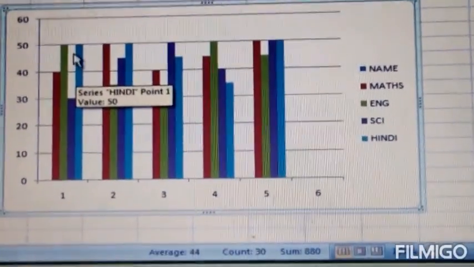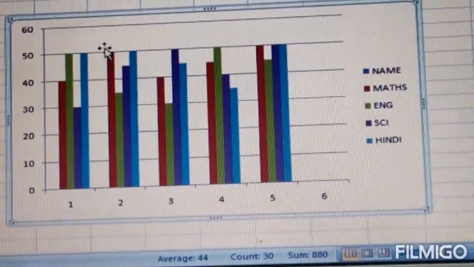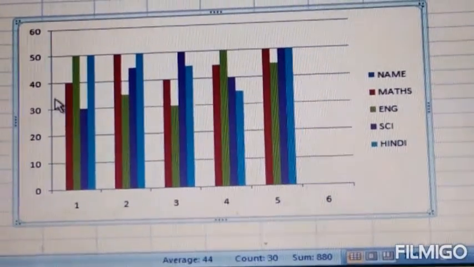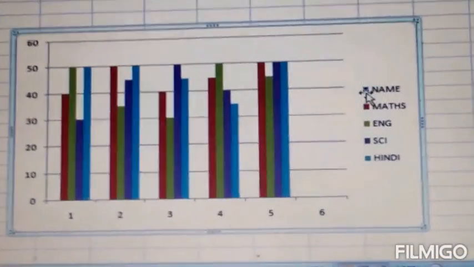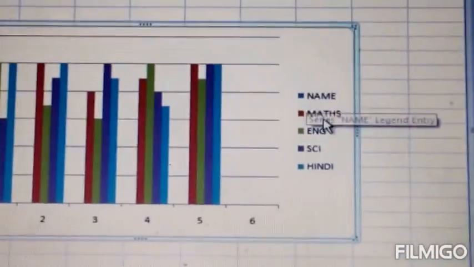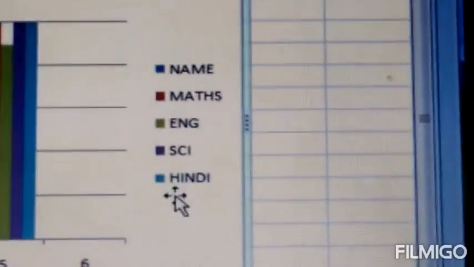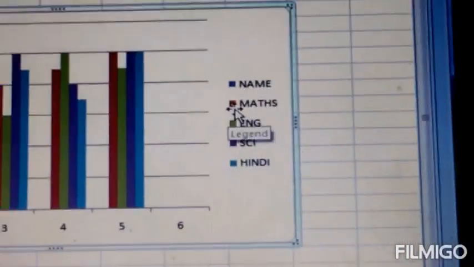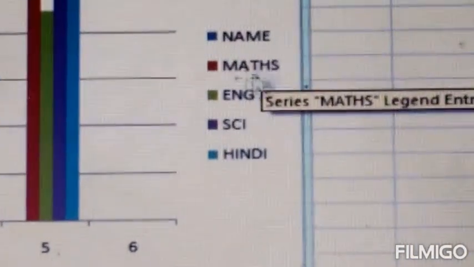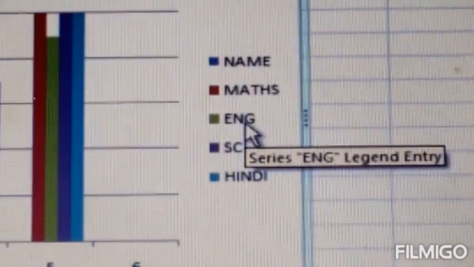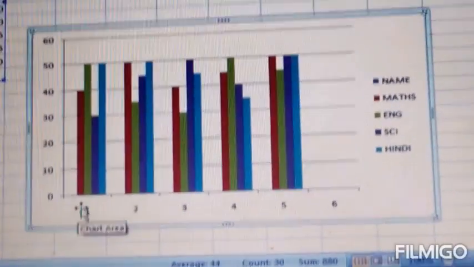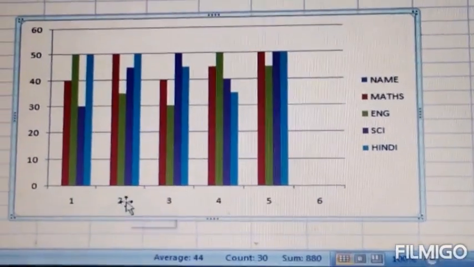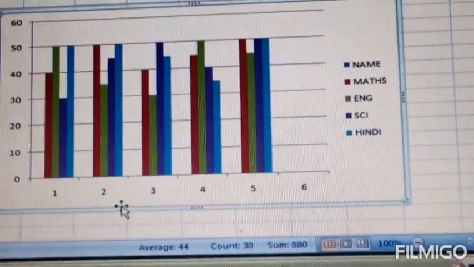These bars are the data series. This is the legend, where different subjects are marked with different colors, like red shows the maths marks, green shows English marks, and so on. This is the vertical axis and this is the horizontal axis. These are the components of a chart.